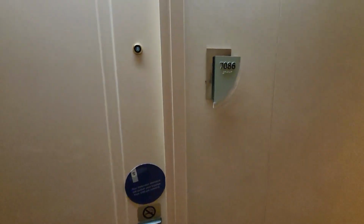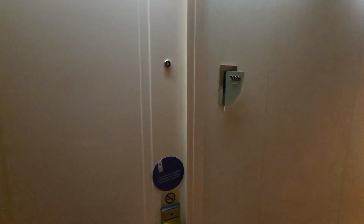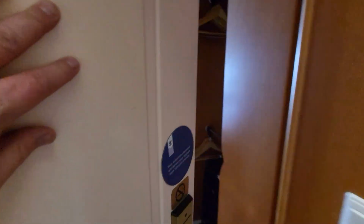This week we're on Royal Caribbean's Enchantment of the Seas. We're on deck 7. I'm going to give you a brief overview of our balcony stateroom. It's room 7086. As you enter the stateroom,